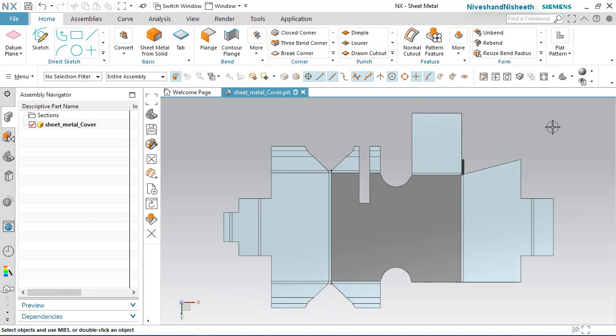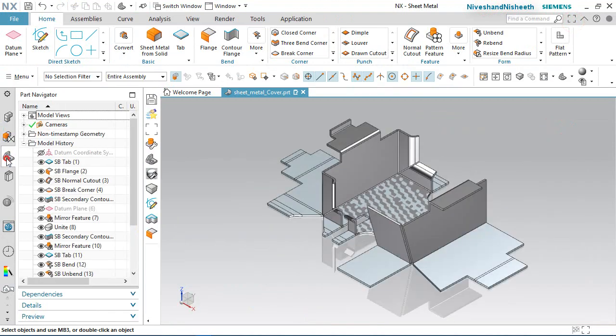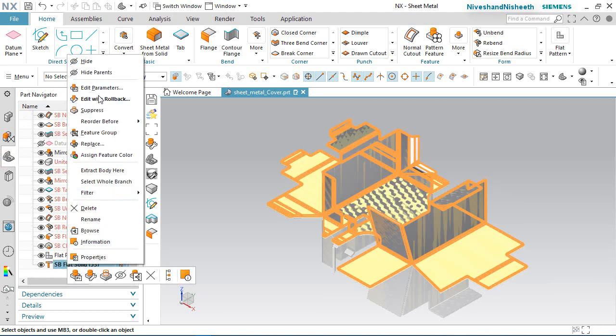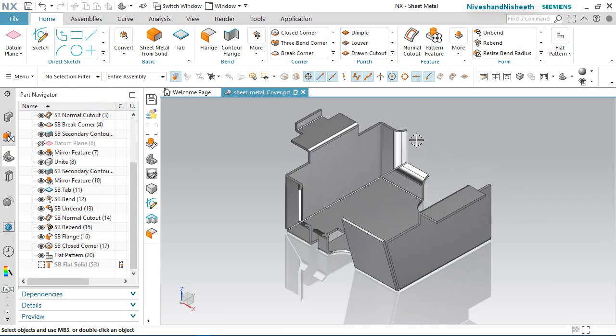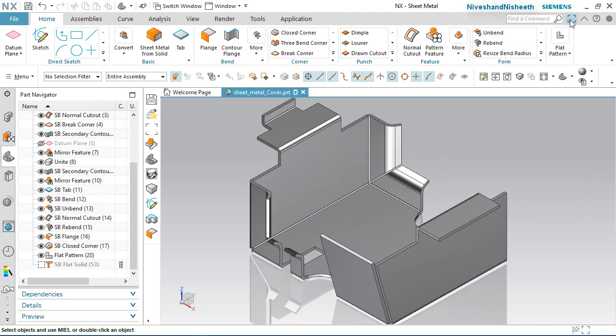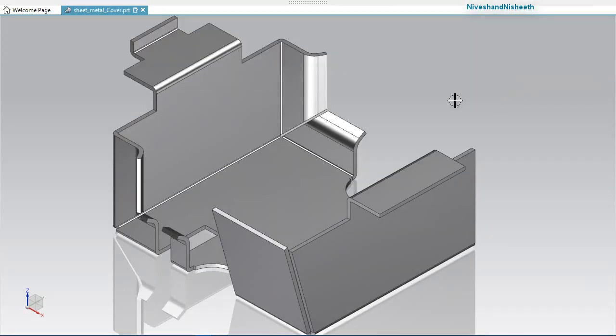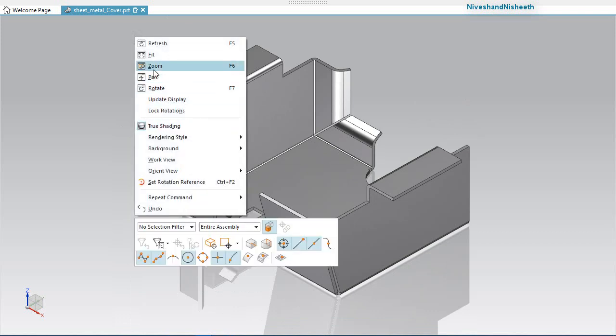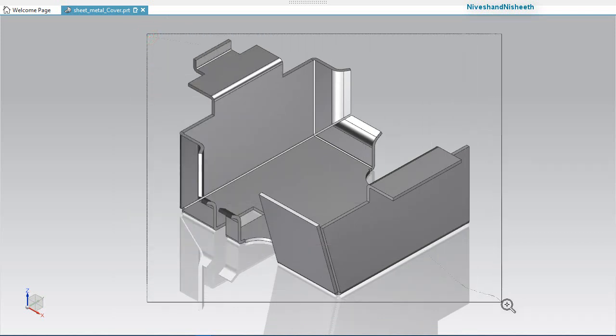OK. Now suppress this feature. Now my model is complete.